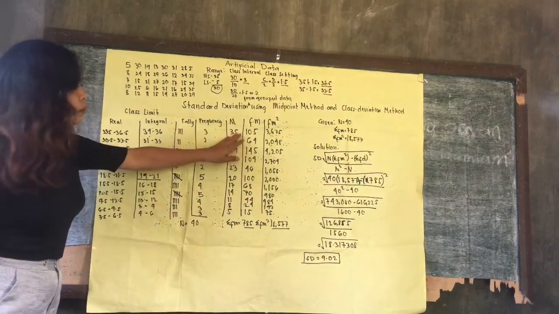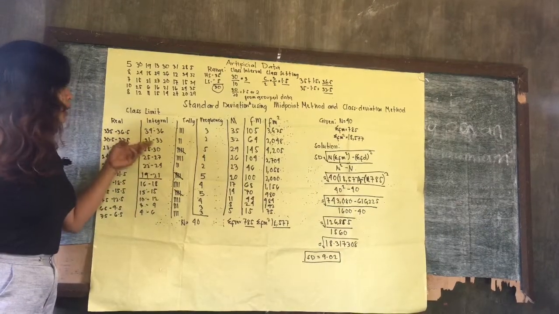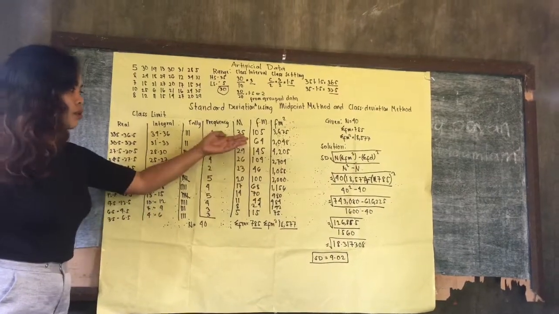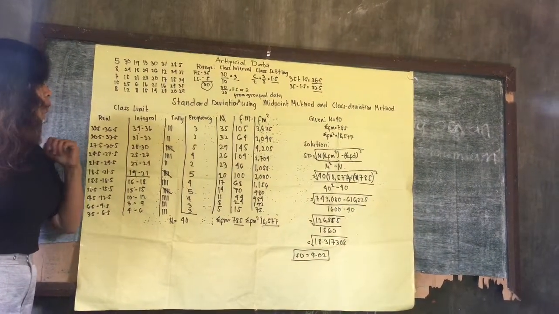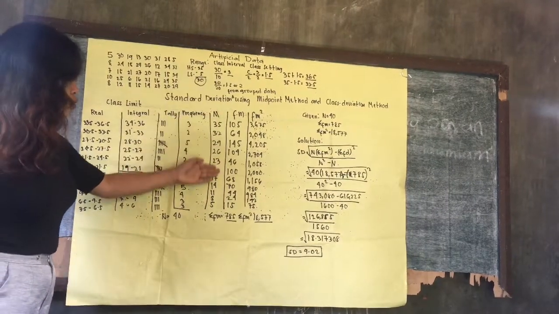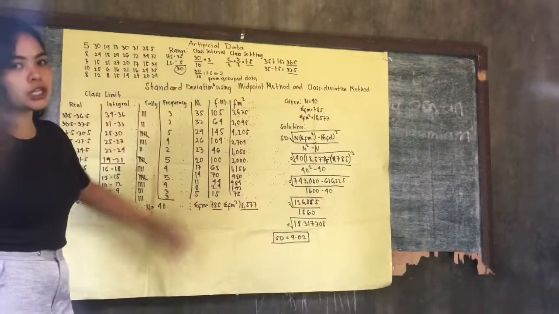So 35 will be our midpoint from this limit. Then 31 plus 33 divided by 2 is 32. Then 28 plus 30 divided by 2 is 29, and so on and so forth. So for now, we were to establish our